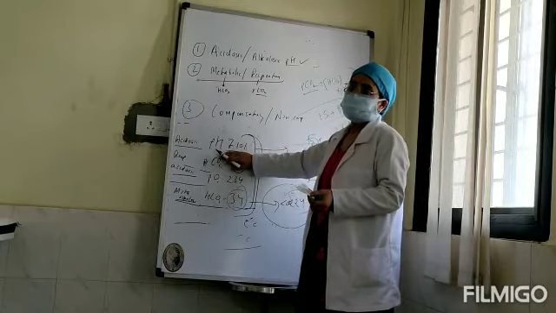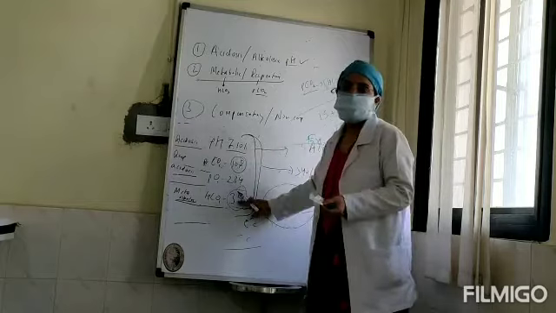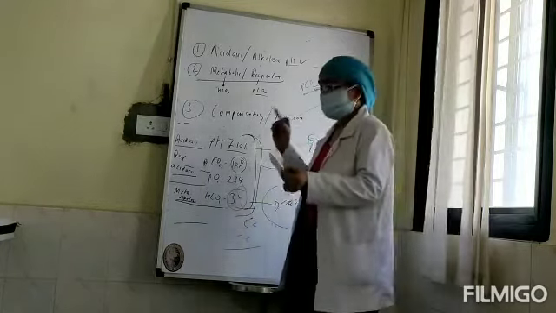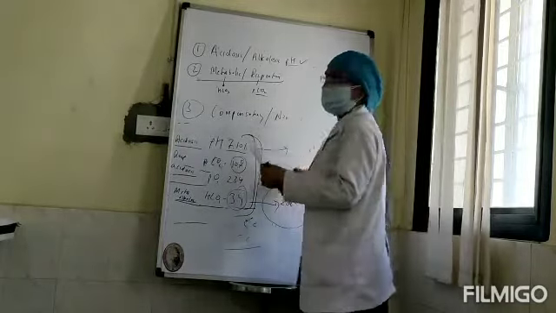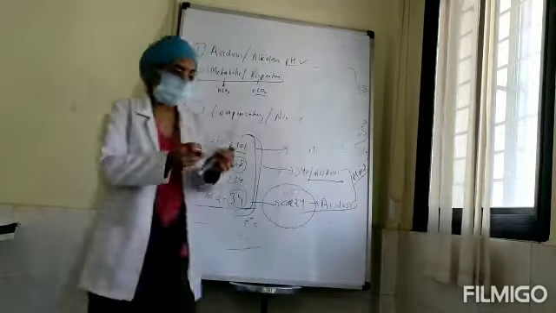So please don't give bicarbonate in such conditions. Please read the ABGA completely. Please read the compensation, interpret the condition, and then act accordingly. This is my personal answer. The basic idea of taking the class is not just to tell you the normal values, but to tell you how to interpret this ABGA. Okay?